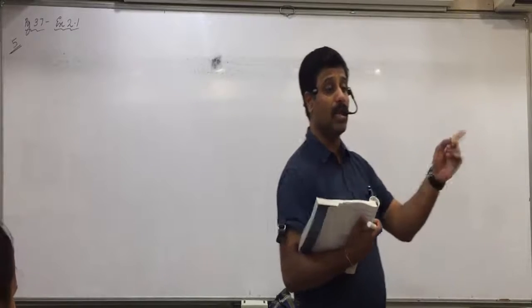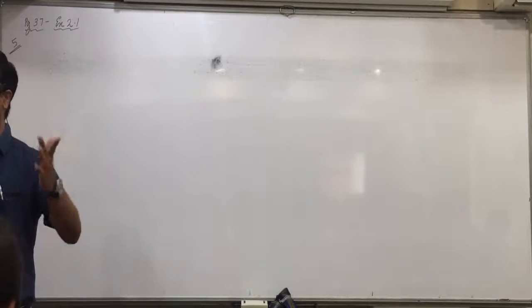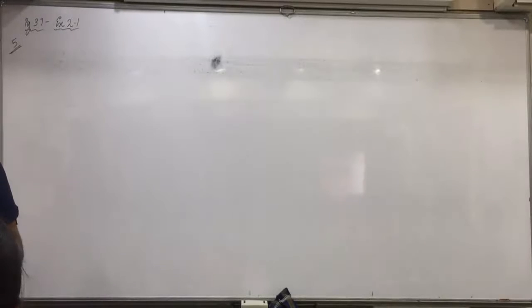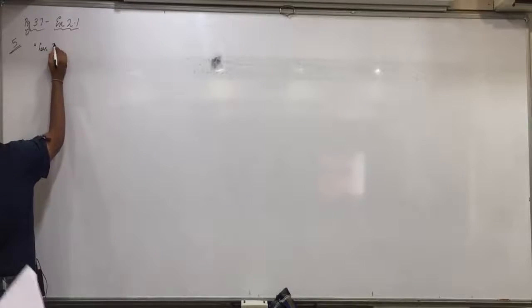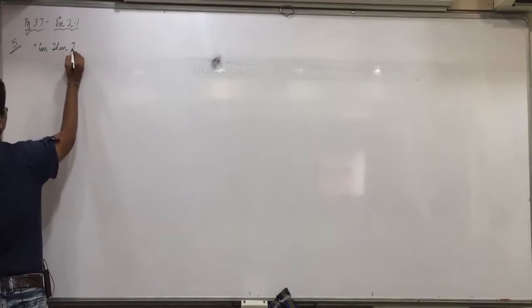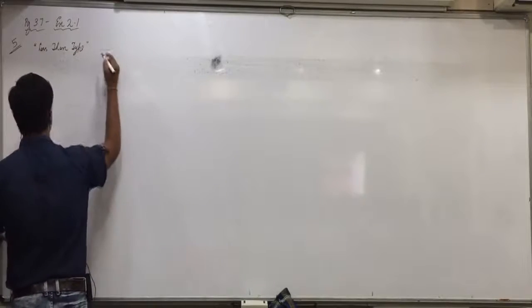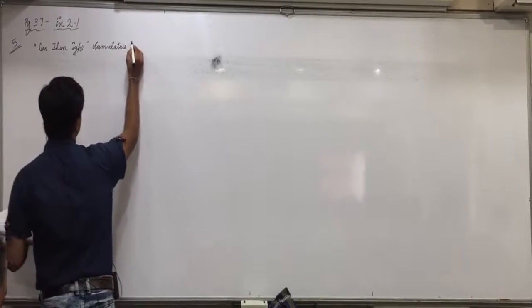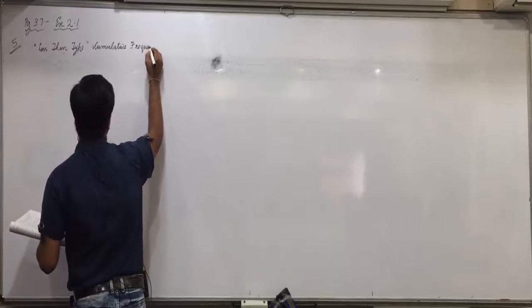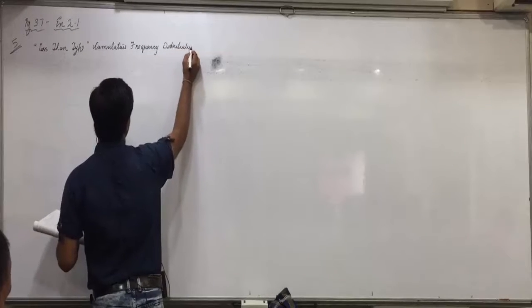Understood that? So from discrete frequency distribution, when we convert them, you have to use the sign of equal to. Yesterday I discussed in both the places. In less than also you'll use the sign of equal to, and in more than also you'll use the sign of equal to. Any confusions in that? So first we obtain less than type. Give the heading. Less than type cumulative frequency distribution.